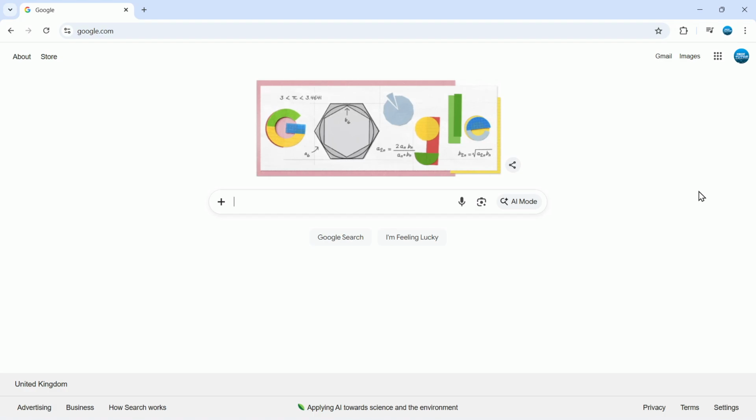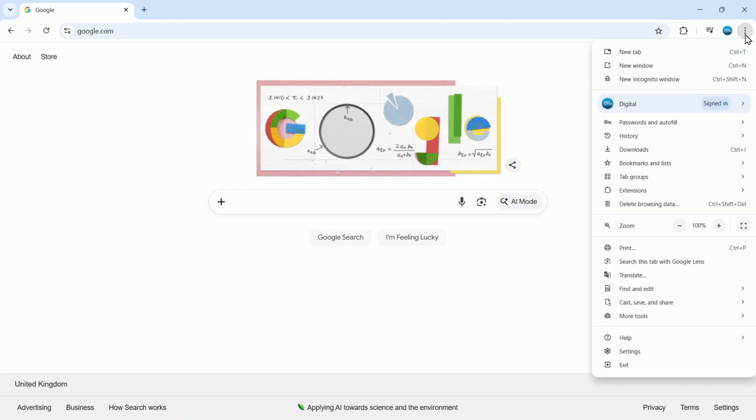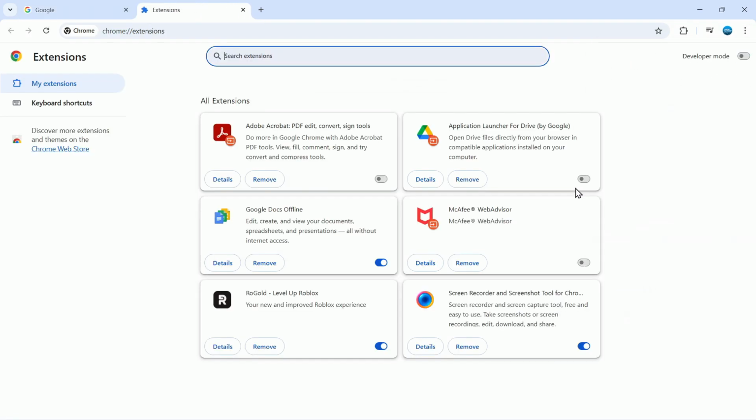To update your Google Chrome extensions or check for any available updates, the first thing you're going to want to do is open up a Google Chrome browser, and once you've done that, you want to come up to the top right hand corner, click onto the three dots to open up this menu, and then hover over extensions. Now on the submenu that comes up, click onto manage extensions, which is going to take you to your extensions